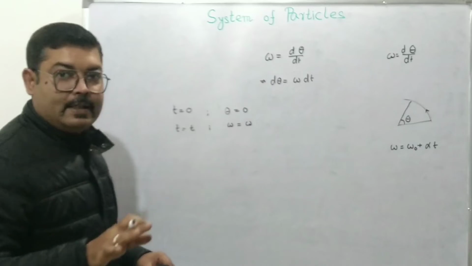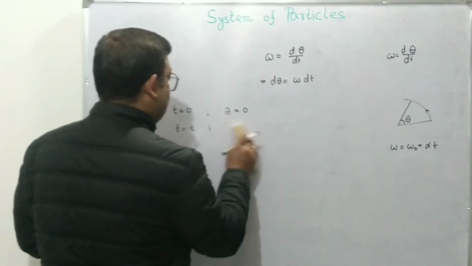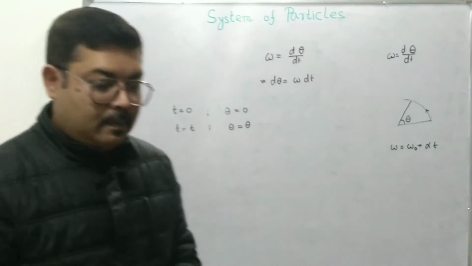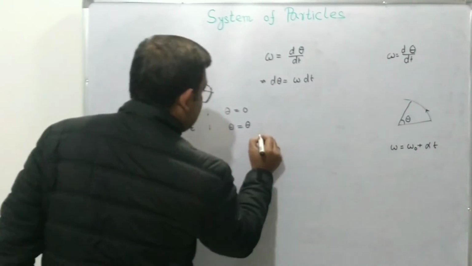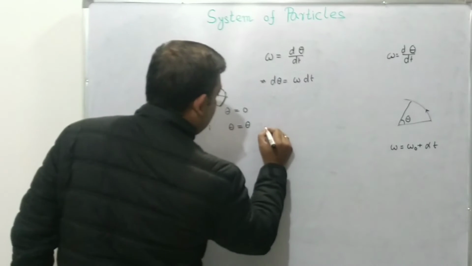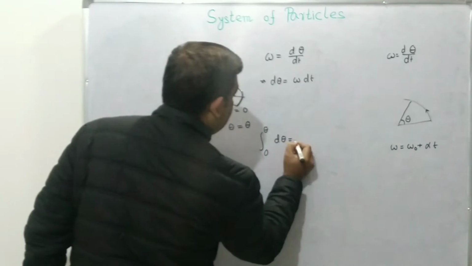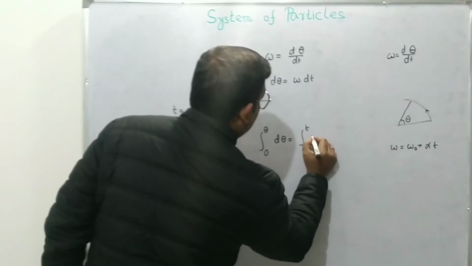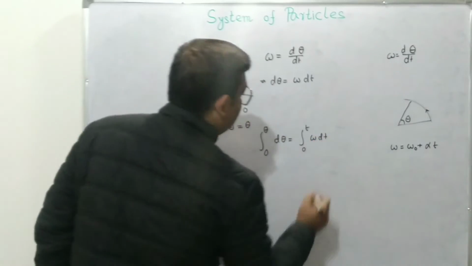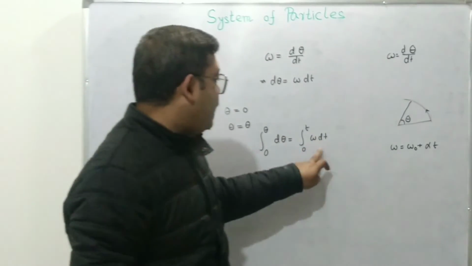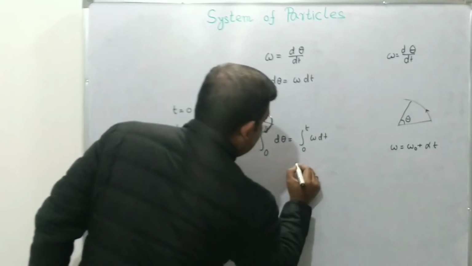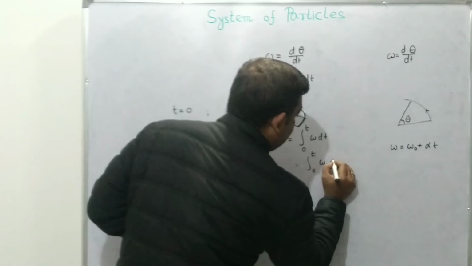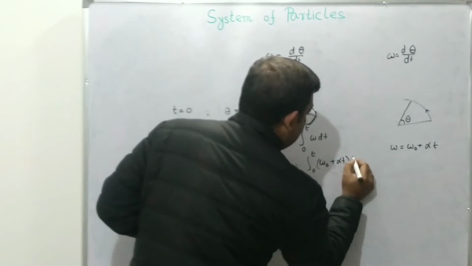We started with the x-axis, say, and when t becomes t, the angular displacement becomes theta. Then we must have integration 0 to theta d theta must be equal to integration 0 to t omega dt. However, we already know that omega is equal to this, so we can say this is equal to integration 0 to t of omega naught plus alpha t dt,